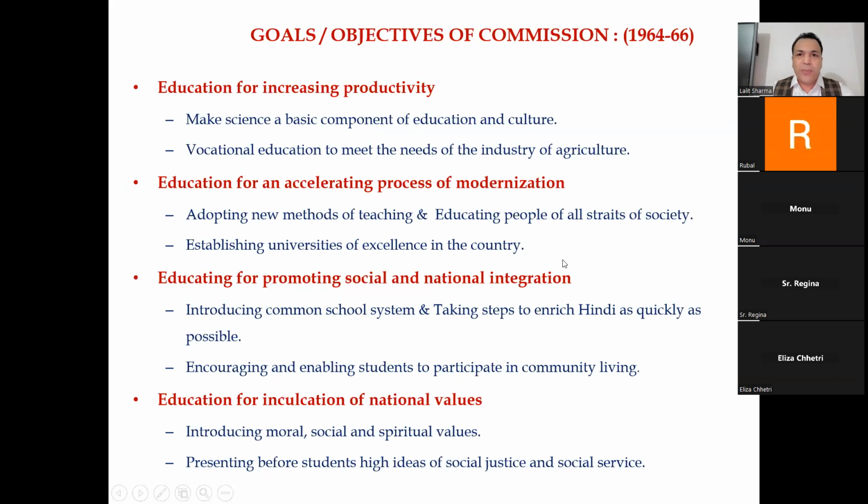Next, we talk about the goals and objectives of the commission. ये 4 points हैं, guys. You have to remember, this is an important point. चारों points हैं. In the notes you can see that I have explained every one of the 4 points in detail. These talk about the goals and objectives of the commission. In every commission, either goals and objectives or recommendations, but the recommendations are more important and mostly come in the exam. So what are the goals and objectives of the commission 1964-66?